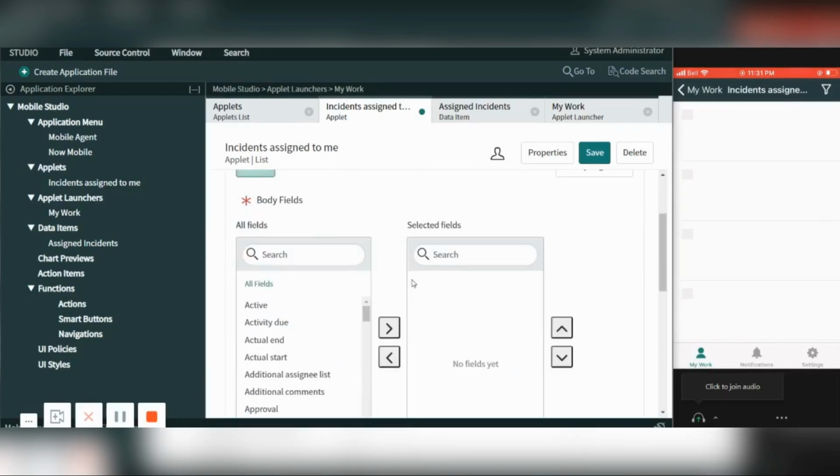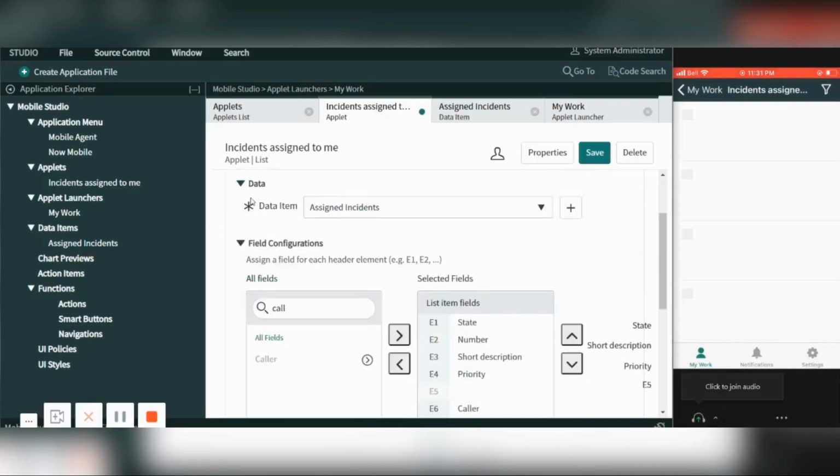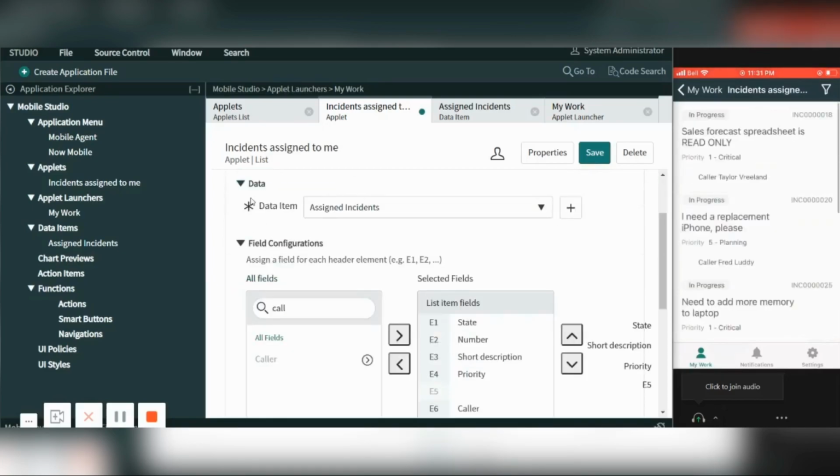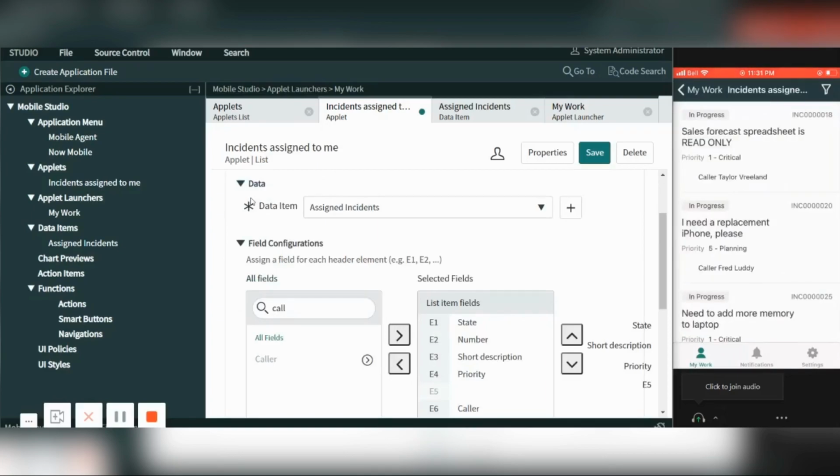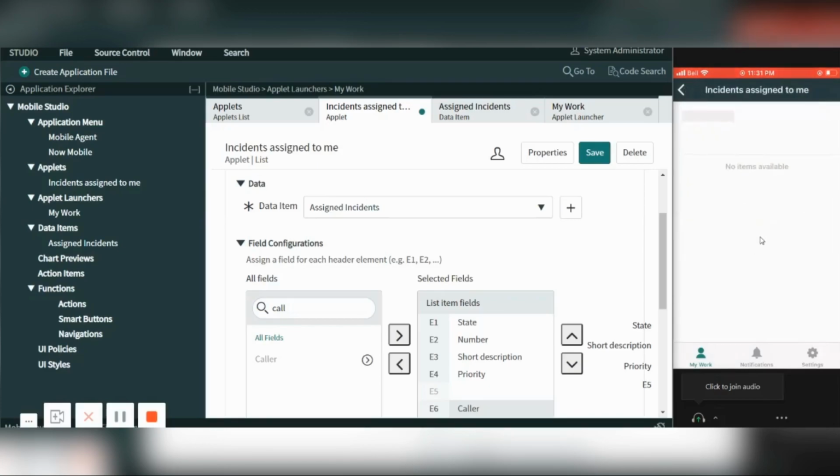There is no body specified. So first let's check out the list screen. Now I have state, number, short description, priority and the color. If you select any incident, there is no item available.